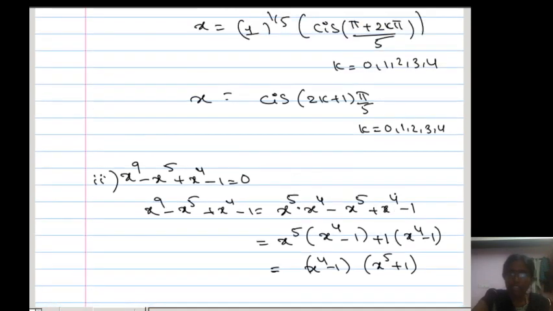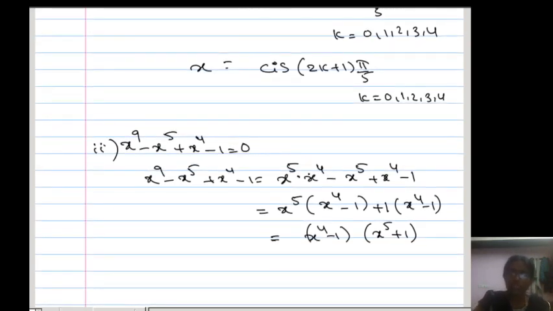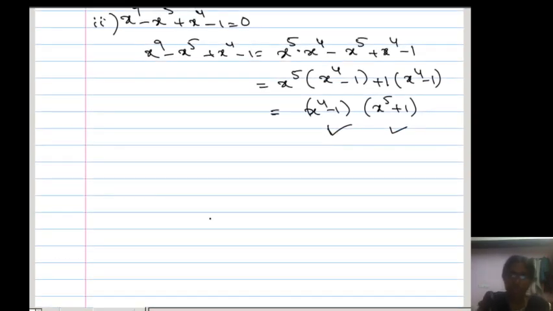So instead of that, to find x values, if you find the roots of x power 4 minus 1 and x power 5 plus 1, but we have already done these two. So what are the fourth roots of unity and what is the fifth root of minus 1, we did in the first and second problem. Now combine the solutions of these. So what are the solutions now? What is the fourth root of unity? The x values which satisfy this equation and the x values which satisfy this equation, the combination. So the total x values is nothing but the roots of this equation.